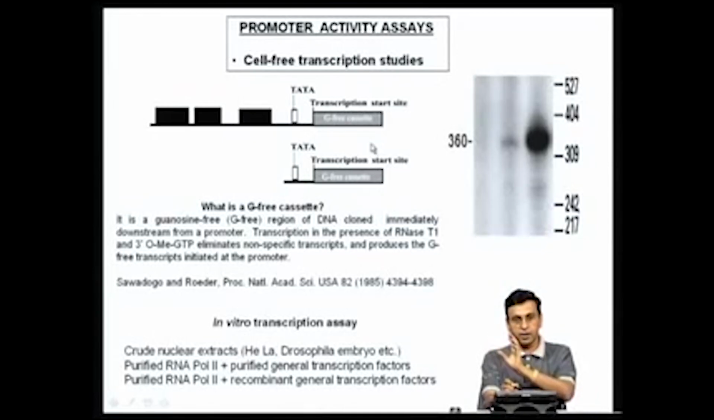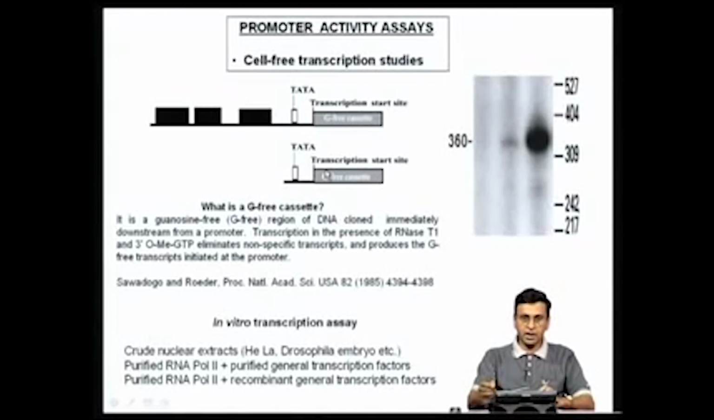that particular size RNA, because in all these assays you use alpha P32 UTP, radiolabeled UTP, as one of the nucleotides, and therefore the RNA gets radiolabeled. You can run this labeled RNA after the reaction is over and then analyze it on an acrylamide gel, and depending upon the size of the G-free cassette you can get a very specific size product. For example, in this case the G-free cassette is 360 base pairs in length, and as you can see,